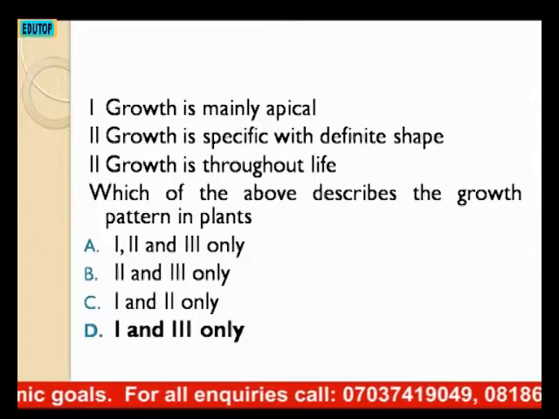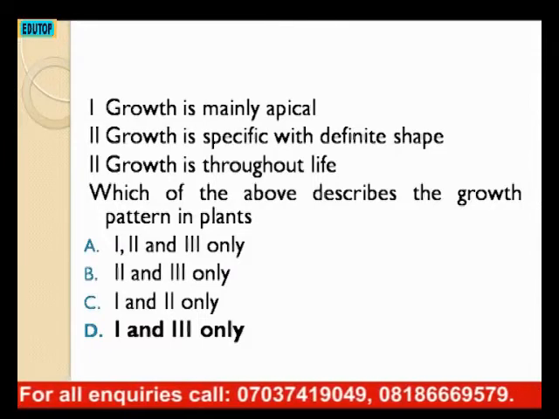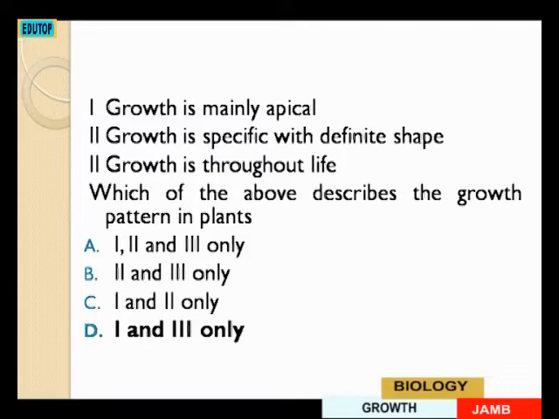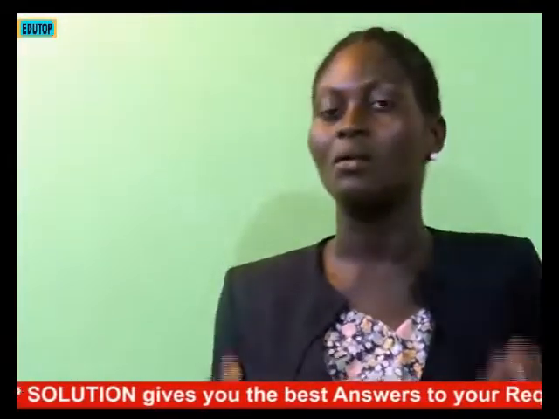C says 1 and 2, which says growth is mainly apical, then growth is specific with definite shape. Then D says 1 and 3 only. Growth is mainly apical and growth is throughout life. When you consider the plant, you discover that the number of organs of plants you cannot determine. You cannot say a mango tree has 10 branches with 200 leaves and this, you cannot determine that. Unlike in animals that you say a goat has 4 legs, 2 eyes, 2 ears, and other